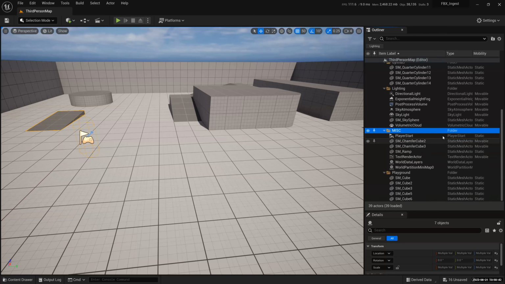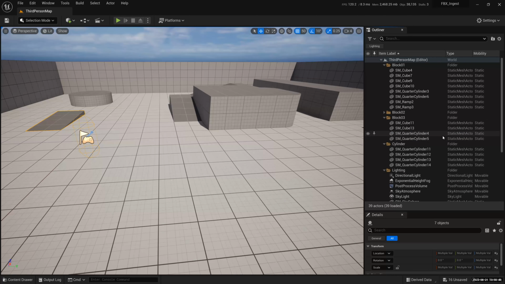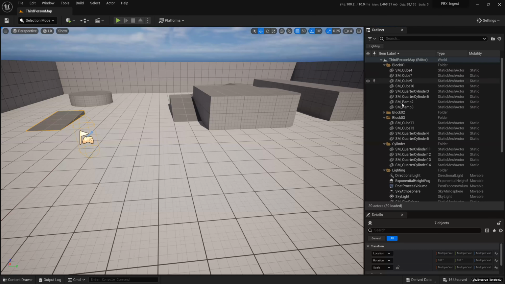The other thing you can also do is select by their category. In this case, it's called select by class, which means every object you see has a class. SMQ4 is a static mesh actor. That's a class. The directional light is a class. So if you want to select only static meshes and put all of them into one big huge folder, you can do that as well.